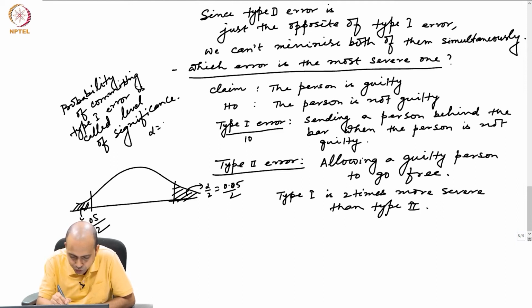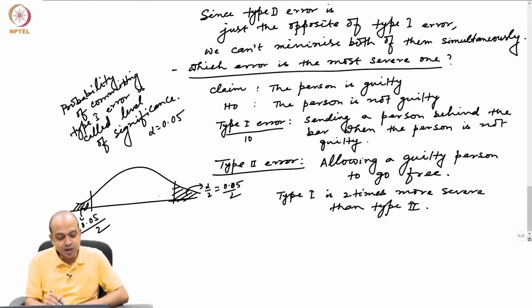That means in terms of the diagram, when I am saying that this is 5%, that means this is alpha by 2 equals 0.05 by 2, and this is 0.05 by 2. So, when alpha equals 0.05,